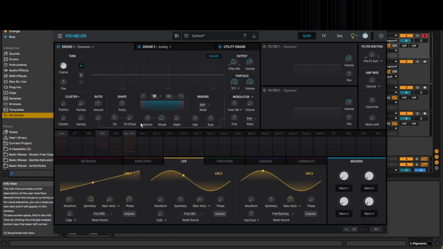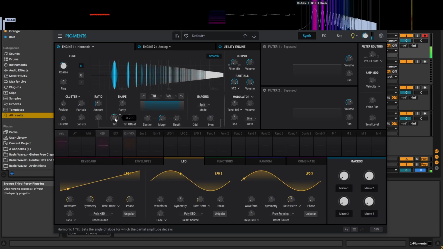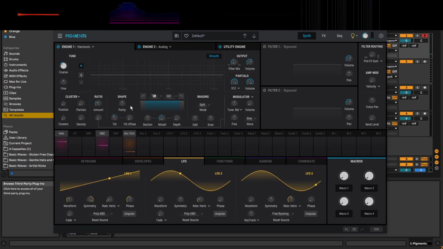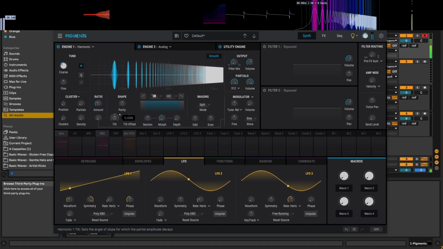Okay, so this tilt section, if you think of a fade in any DAW, like if you drag in a kick drum sample and you just fade the edges, that's basically how I think of tilt, but only the top end of it gets faded. So let's just play with this and see. Yeah, you can increase the amount of tilt. I guess it's not really like that because you can also make things louder with it on the top end. So if I turn this up, basically the high end of the series gets louder,